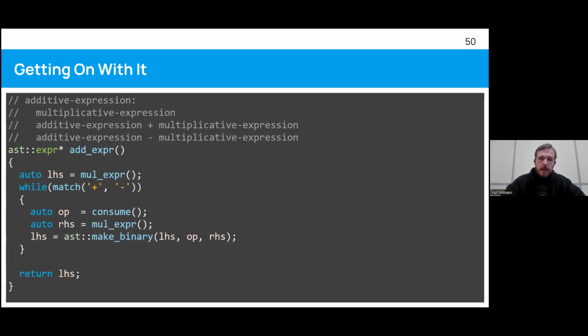As you can see, it can contain multiplicative expressions and operators plus or minus. And again, it's written this way because of operation priority. If we go like this, we call mul expr first, and then we call mul expr in a loop as the right-hand side operand.